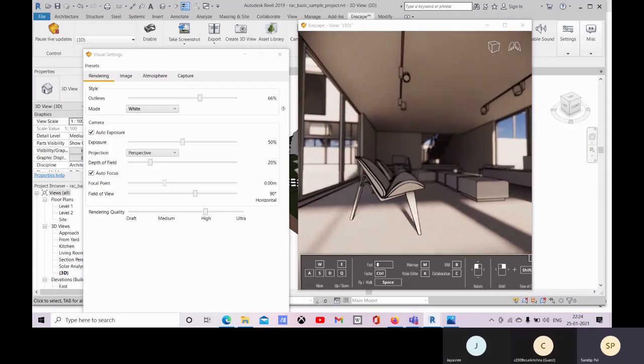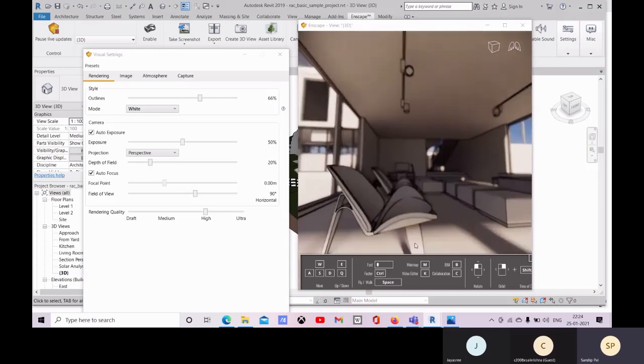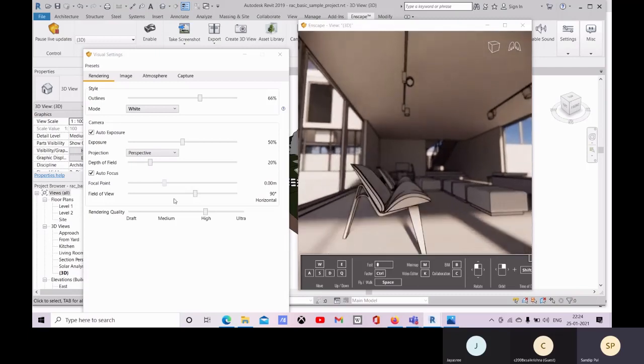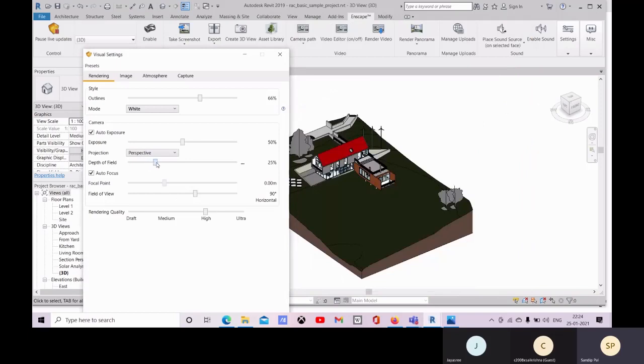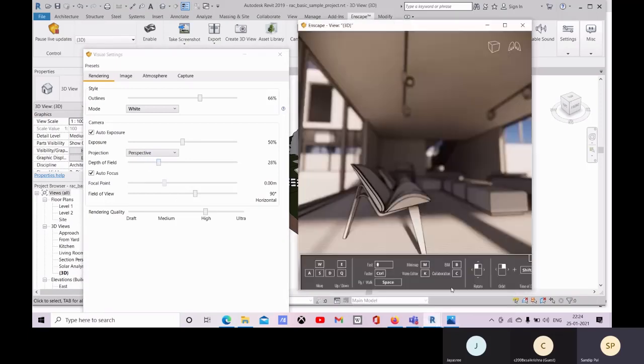Okay, so here you got the idea about this depth of field. If you increase it more, the blurriness will be more. Okay, so this kind of effect you can create with this depth of field, and this is right now set as autofocus.